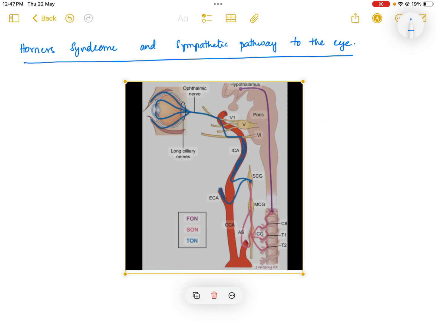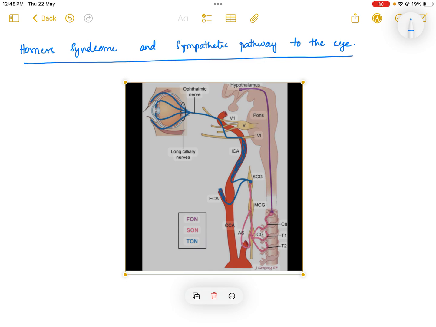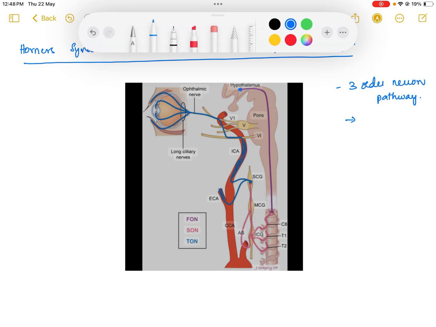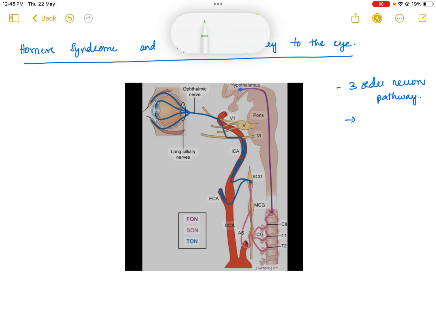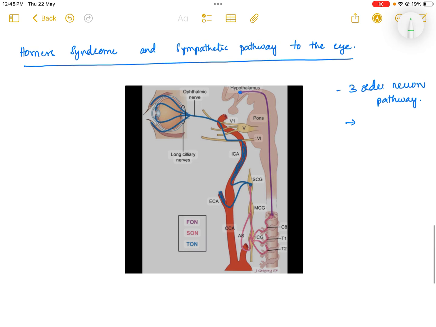So, Horner syndrome and sympathetic pathway to the eye. Sympathetic pathway to the eye is a three-order neuron pathway. The first order neuron arises from the hypothalamus. This you have been seeing in the figure. So this is the first order neuron which arises in the hypothalamus and it travels down to the brainstem and then it comes along the upper spinal cord, cervical spinal cord, and at the level of C8, T1 and T2